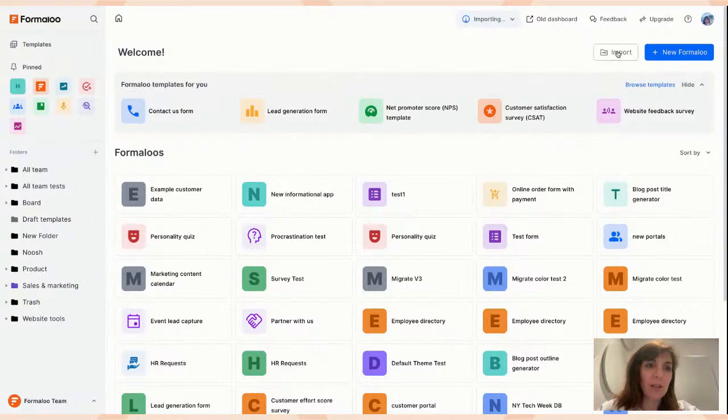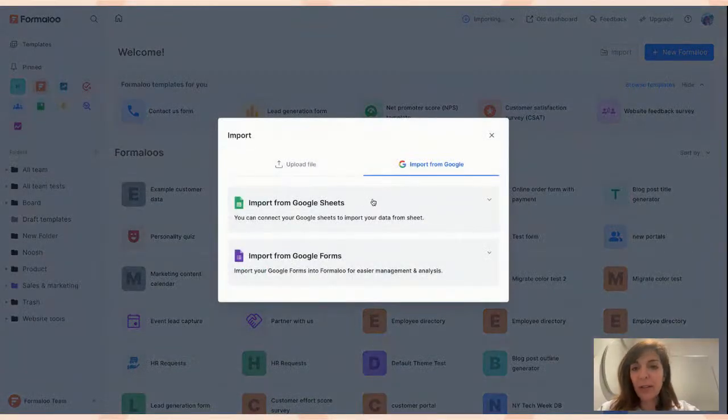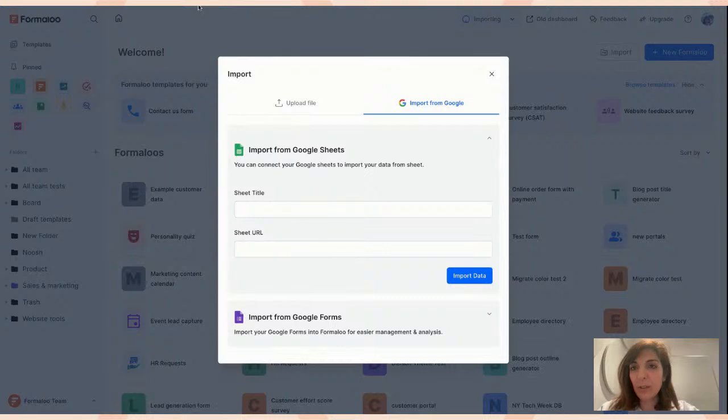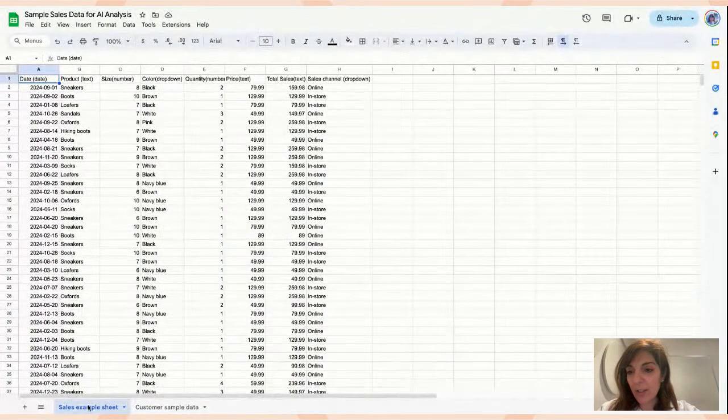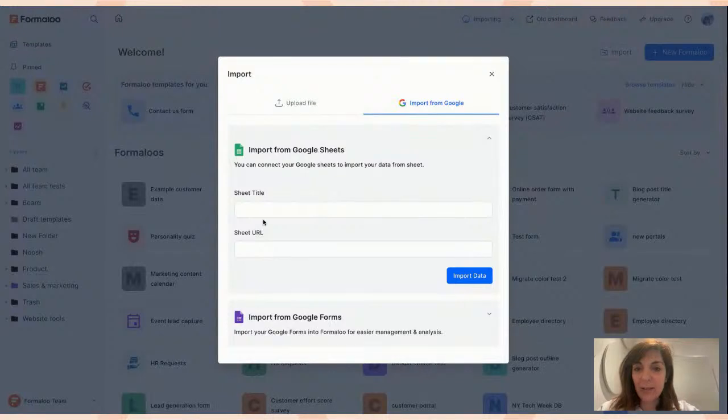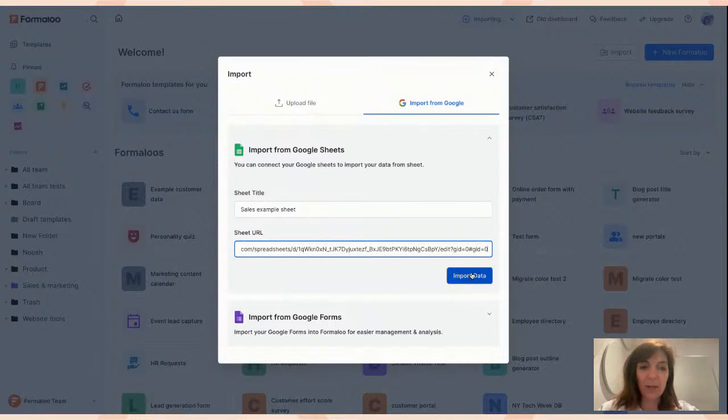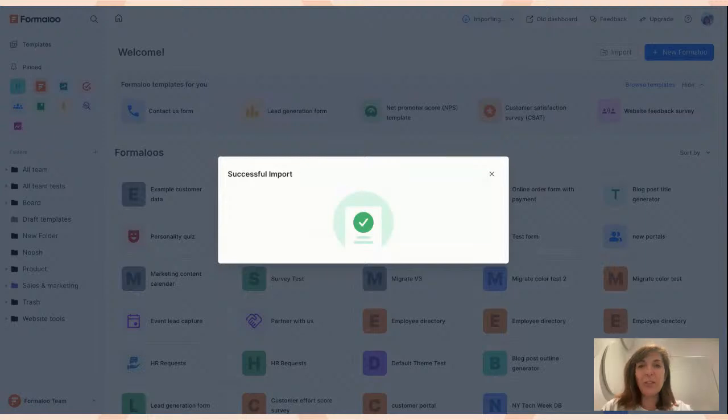Here you can select the import part, and let's select from Google Sheets. If you check here, I have my sheet tab name, so I will copy it and paste it into the title. And also I'll copy the URL of the sheet and paste it here. Select import, and that's how you can import your data.